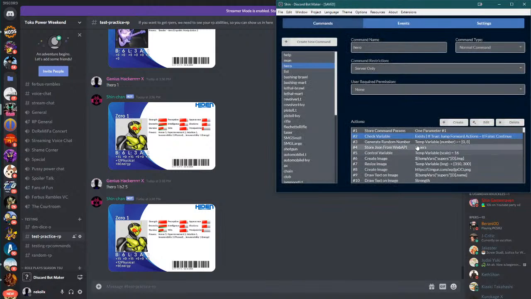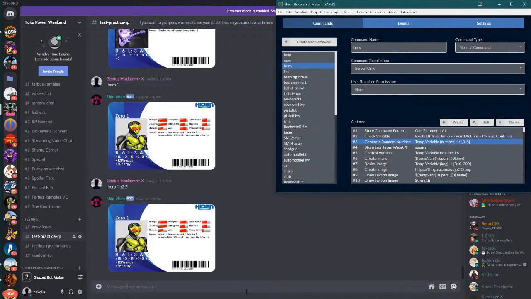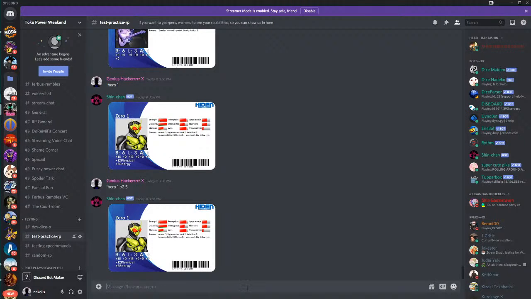So you can see here, if it does not exist, we go immediately to here. And then when this completes, we move on to here. But if it does exist, we skip this and move immediately to here. So generate random number, pretty simple. We're telling it the range. And the range in this case is something I put in manually, because if we pull up